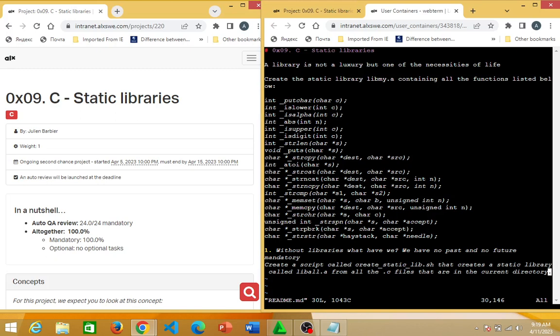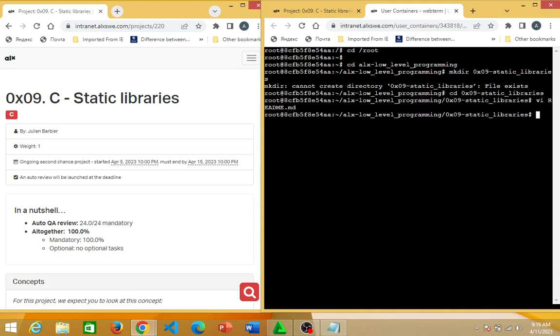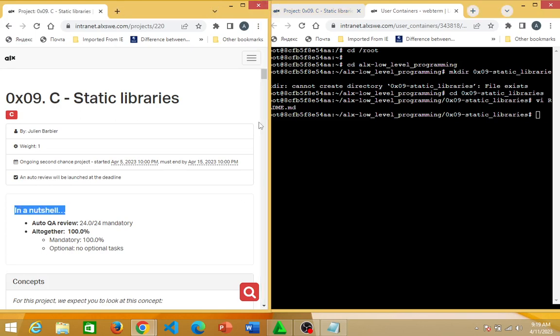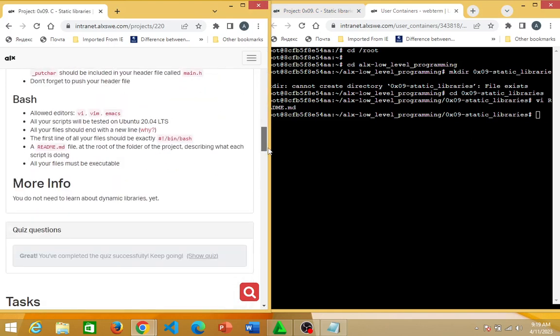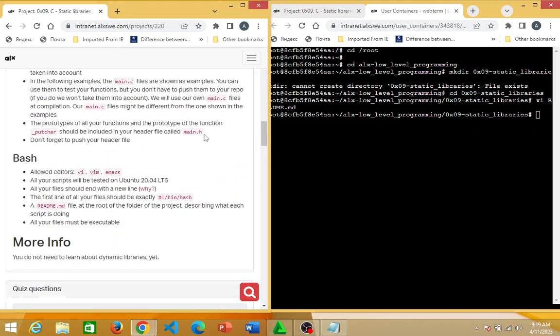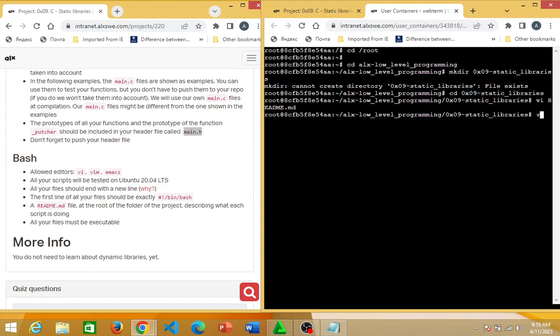So what I'm going to do now is press escape, then :wq, which is to save and quit. So I've created the readme file. The next thing I'm going to do is go ahead and create the main.h file. How do I do that? I'm just going to copy main.h from here, Ctrl+C. Then I come back here and do vi,